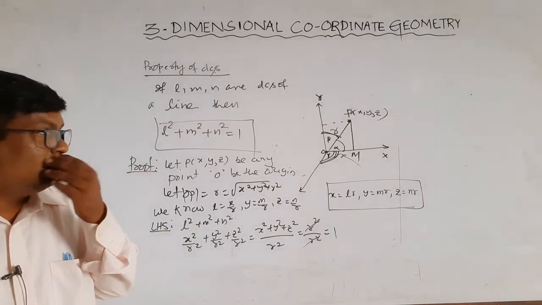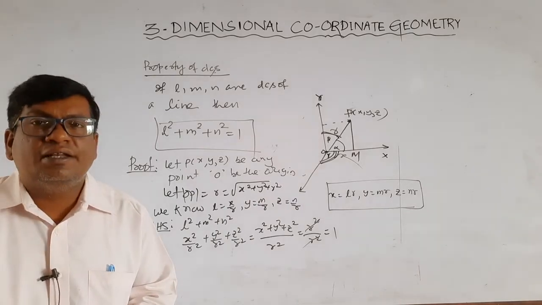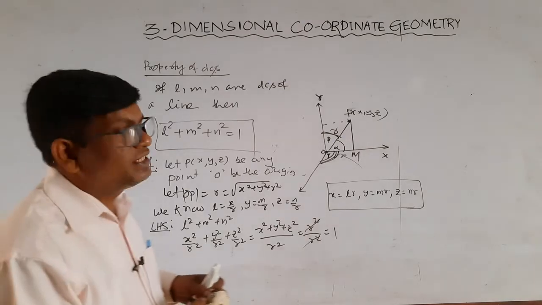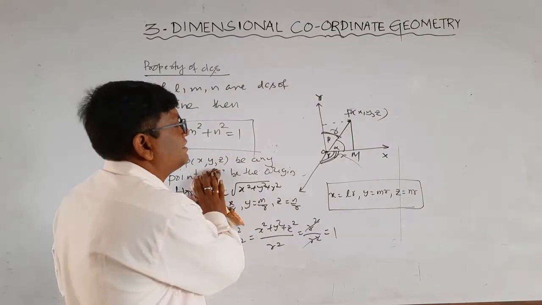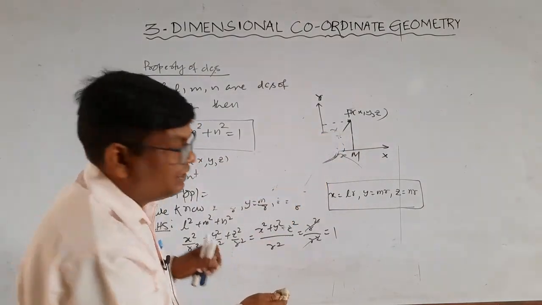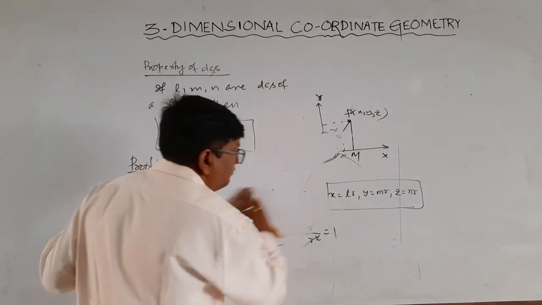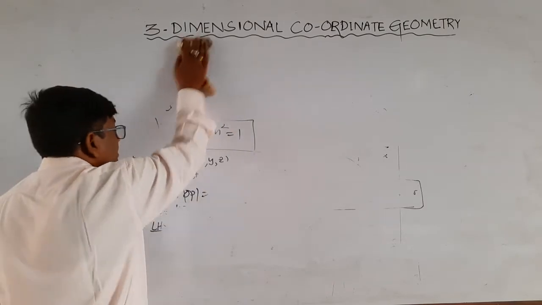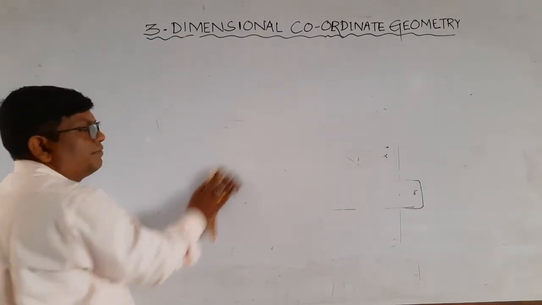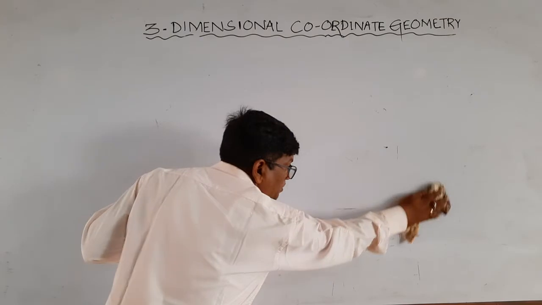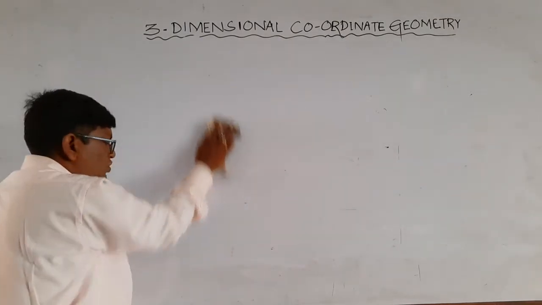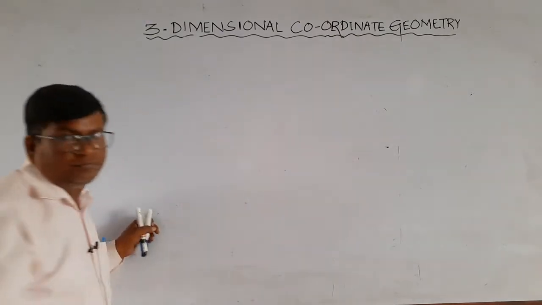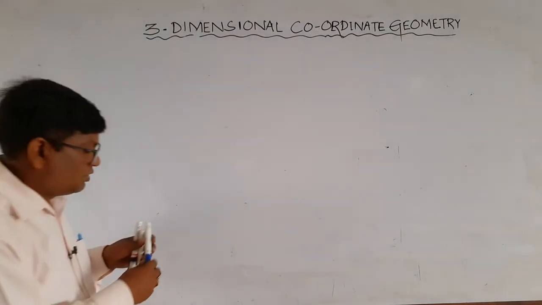Okay. Now what is the direction ratio of a line? Direction ratios means the set of 3 real numbers which are proportional to the direction cosines. What is DRs? Direction ratios. The set of 3 real numbers which are proportional to the direction cosines are called direction ratios. Okay, so let's discuss direction ratios.